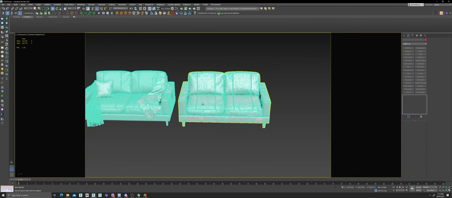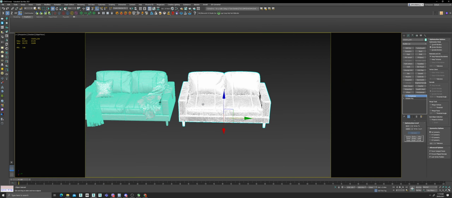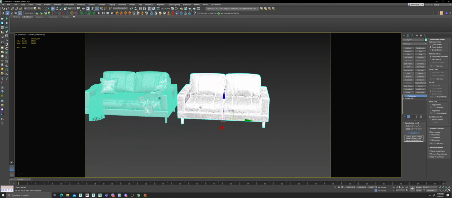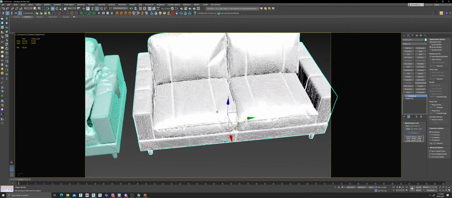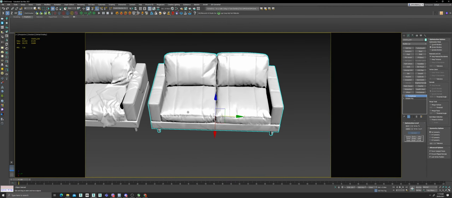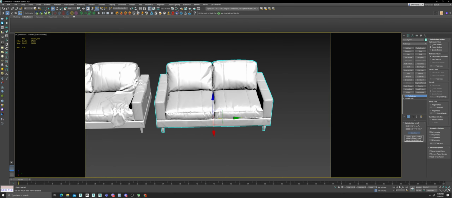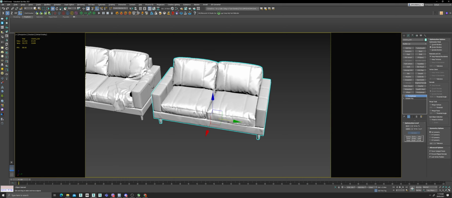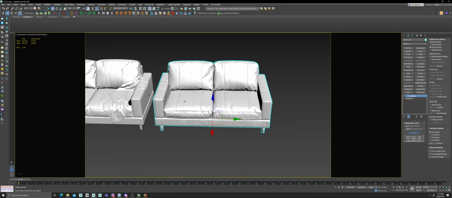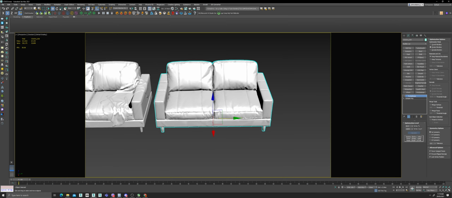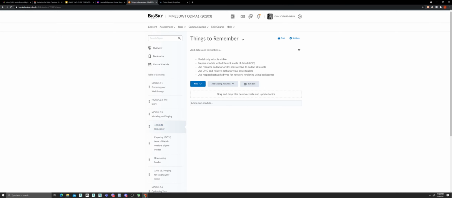Now, here, of course, you can still optimize this more. The problem with this one is that if you're not going to edit this anymore, this is as good as it is right now. But, for example, if you want to edit this topology later on, meaning you're going to apply more modifiers later, you can add another modifier on top of this one, which is only available for 2021 and 2022, and you need to download this from the Autodesk website. If you're with your student account, log into your account and search for,